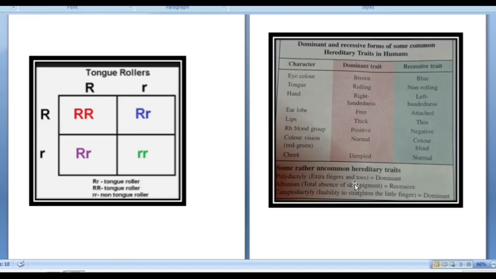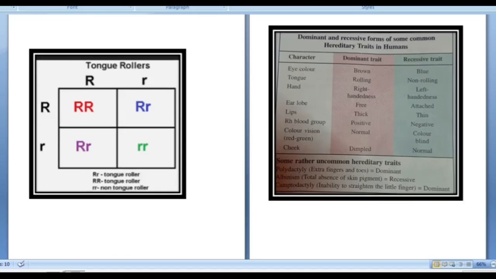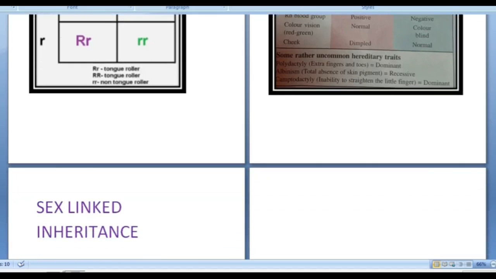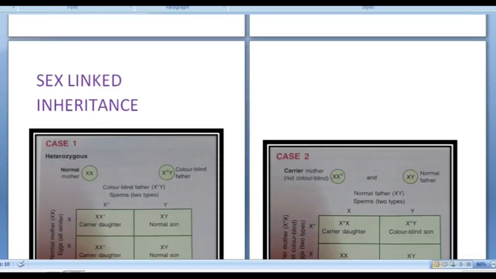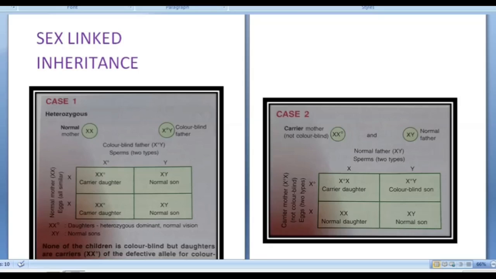Normally we tease people that you are dark in color, but the fact is that having more of melanin, being darker in color, you are dominant. It is those who do not have the melanin or who are fairer, they are the ones who are recessive. Okay. Now, next we come to the next topic, that is sex-linked inheritance.